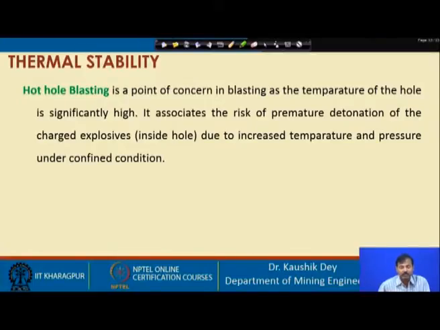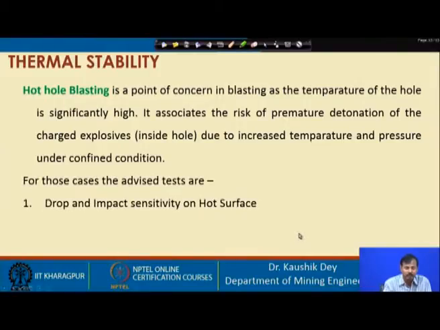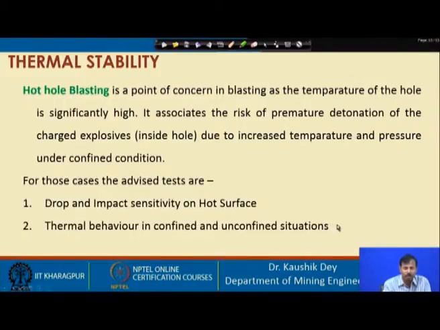But this is for the stored explosive, and there is another point of concern about the thermal stability of the explosive, where hot hole blasting is being carried out. So, first we should understand what is called hot hole blasting. Hot hole blasting is basically a type of blasting where the temperature of the blast hole is very high. Normally we consider any blast hole having a temperature of more than 70 degree as a hot hole. So, hot hole blasting is a point of concern in blasting as the temperature of the hole is significantly high,